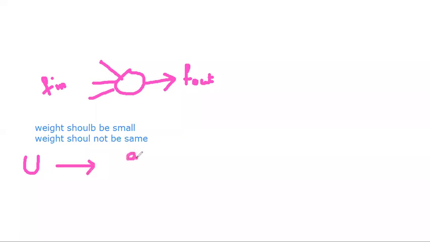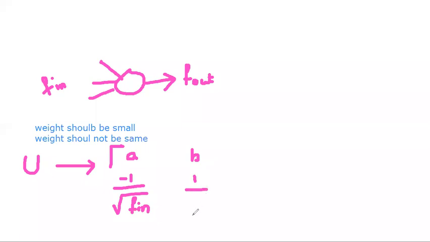Here I'm taking A as a lower limit and B as an upper limit. Whenever you want to update the weights, the formula for the range is -1 to +1 by under root of fan in. Under root of fan in is nothing but the number of inputs. In this example we have 3 inputs, so if you take the weights randomly, we need to take the value in the range of -1 by under root of 3 to +1 by under root of 3.